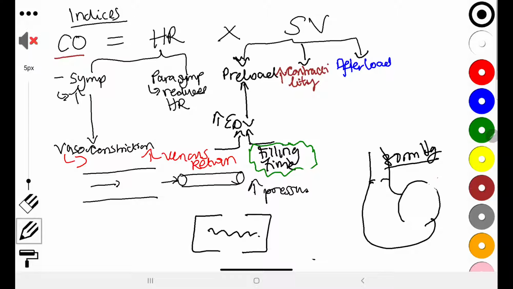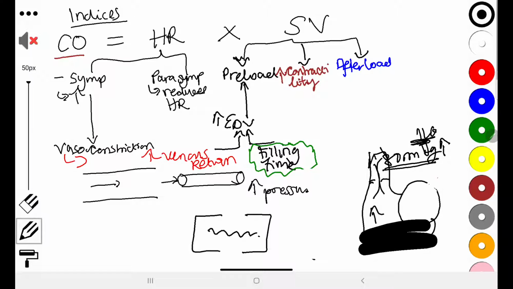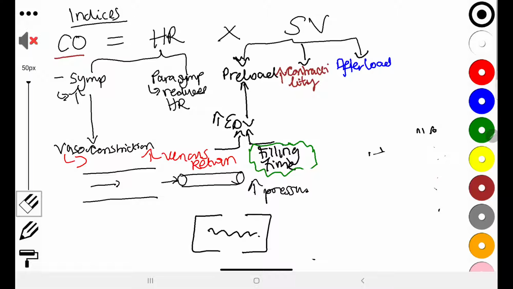Now, if by some mechanism we find that this pressure of 80 increases to, let's say, 110, the ventricle will have to work harder to overcome this pressure of 110 so that blood can go out. Now, what is happening here is, as you go away from the ventricle, into the aorta, you will find